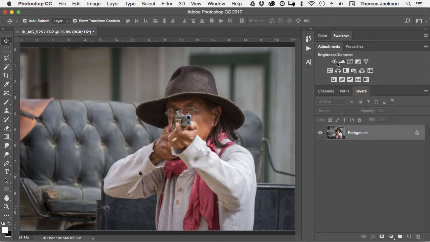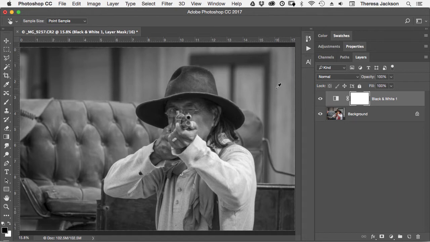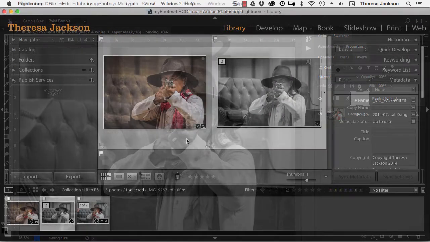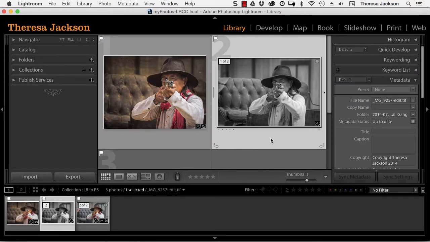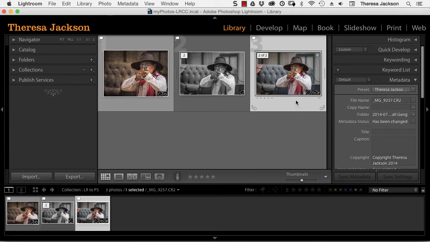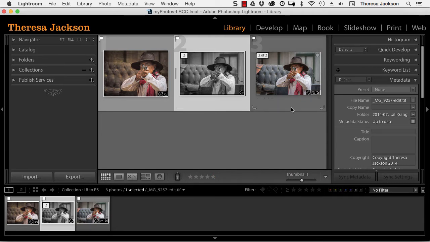Let's do a simple black and white edit to this, so that we can see the change when we save it. All I'm going to do is a file close and then say save. When I return to Lightroom, we see the black and white version of this photo, but this is actually a new image. If we look in the film strip, there's 3 of them. Let's scroll this down a little bit. So this one on the end is the original raw, the .cr2 that I opened in Photoshop, and this black and white is called Edit TIFF,